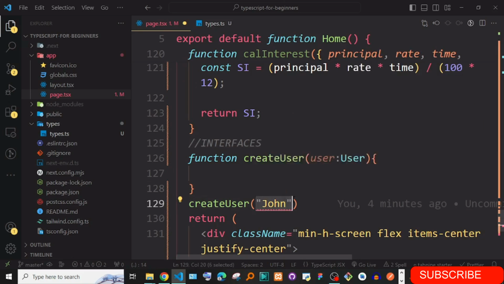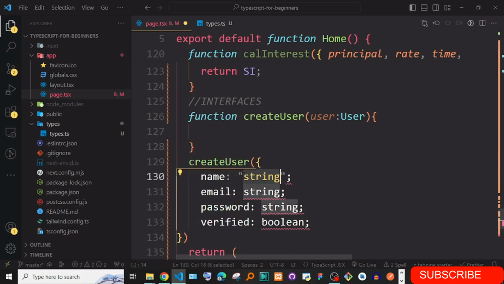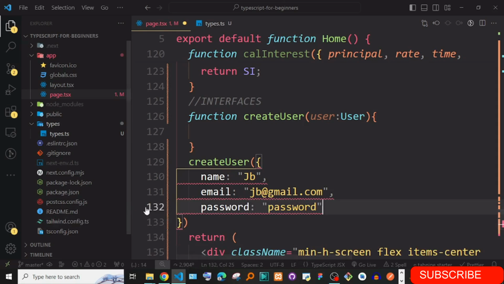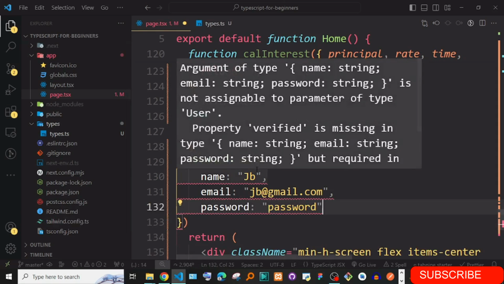Pass name JB, email jb@gmail.com, password is password, and these are supposed to be commas. Now, to show you, if I don't pass in verified, we are still going to have one problem: argument of type with name string is not assignable to type user.